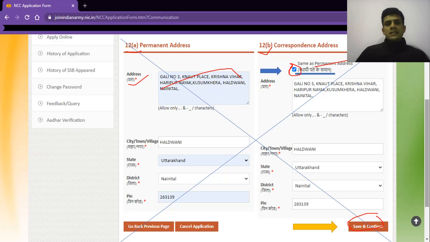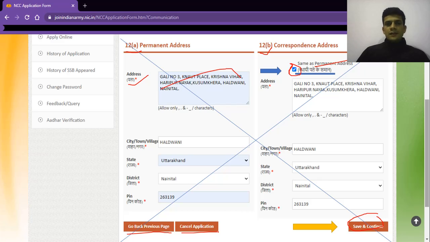This process will continuously save, like whenever you get stuck in between, it will be saved, right? That's why it is mentioned save and continue. If you think you have provided some wrong information prior, you can always go back, right? If you want to cancel your application, you can always cancel at any moment. Okay, I'll tell you when you cannot cancel your application form, or when you cannot correct your form, right? As of now, if you have filled any wrong information prior to this, you can always correct it. Just go back to the previous page and correct, and then again press save and continue.